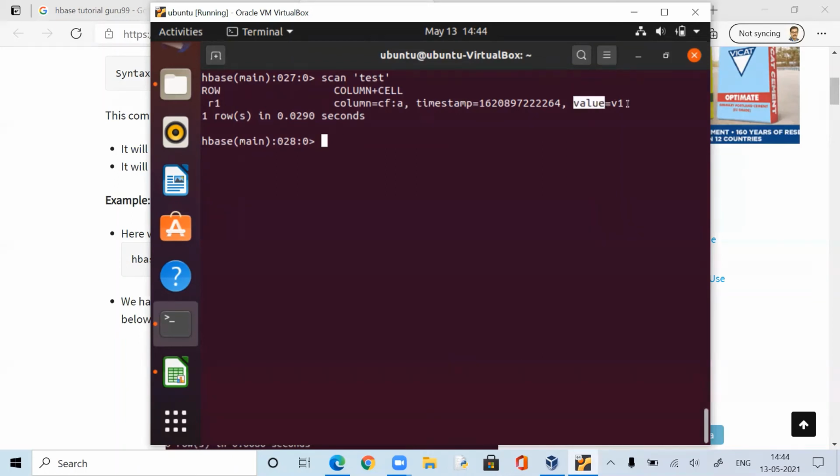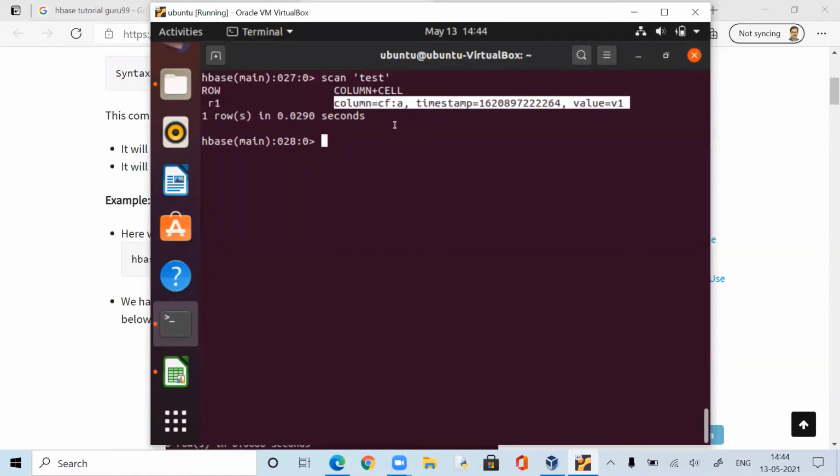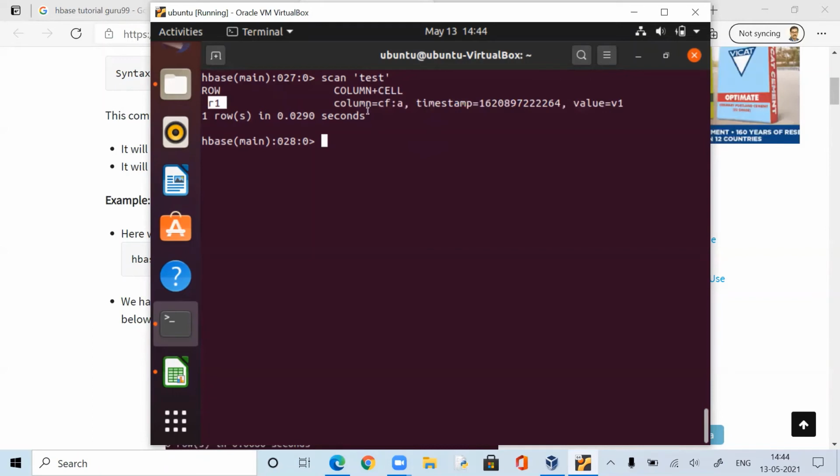So why is this displayed like this? Because that is how the information should be in software development. Suppose I create some software application in which I want to retrieve the information. I can just get this information and this information, something like that. So that's why it displays like that. It will not be displayed just like in Hive and SQL.